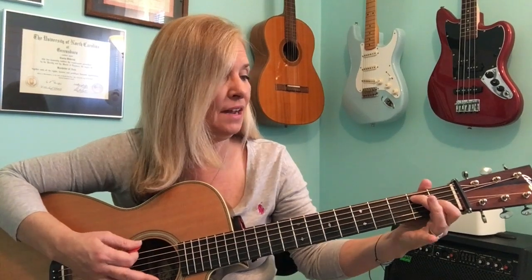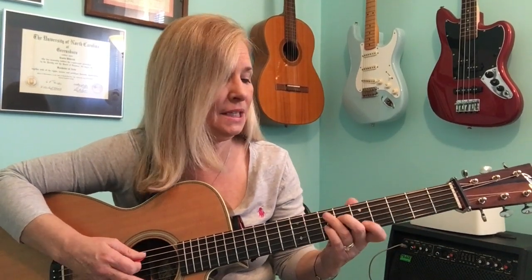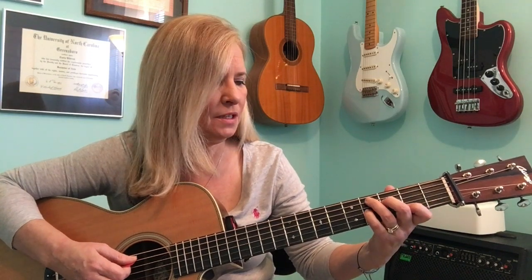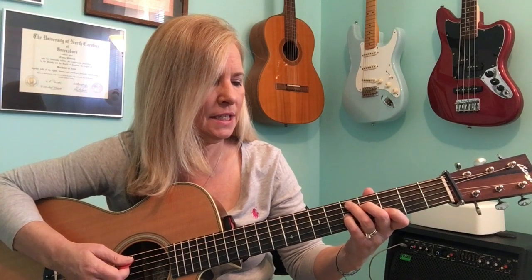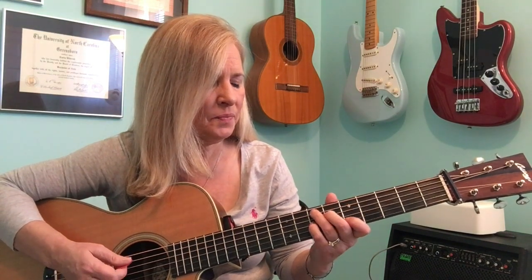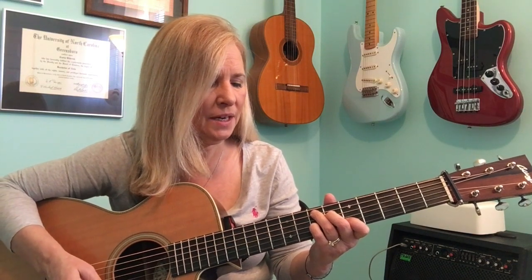The first chord is an E7. Not this E7 that you probably know back here, but this E7. All this is, if you make a C chord and then add your pinky on the 3rd fret of the 3rd string, you got C7. Then we move this whole thing up 1 fret, C sharp 7, 2 frets, D7, move it up 1 more fret, we've got D sharp 7, and then we move it up right here